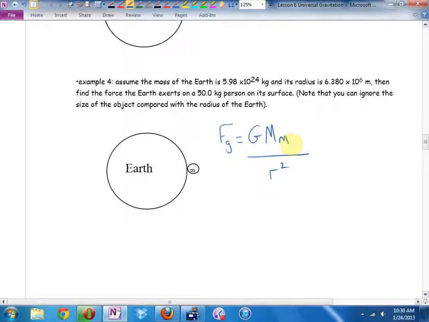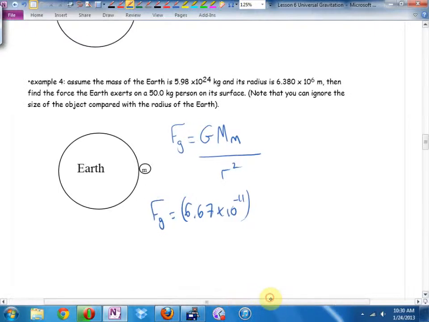Let's see if we can crunch the numbers here. G is the gravitational constant of the universe, 6.67 times 10 to the negative 11. Big M is the mass of the Earth. Now, this is on your formula sheet, by the way. I made sure to include it, and it's also in your notes on the very last page. But for now, I also gave it to you in the question. It is 5.98 times 10 to the 24th. Second mass, the mass of the person, 50,